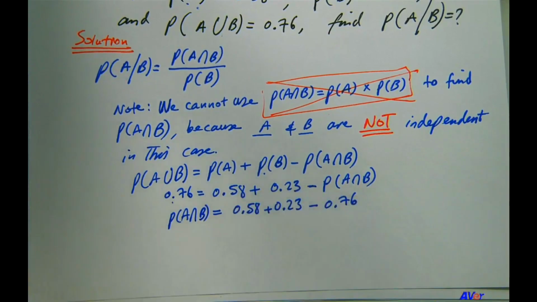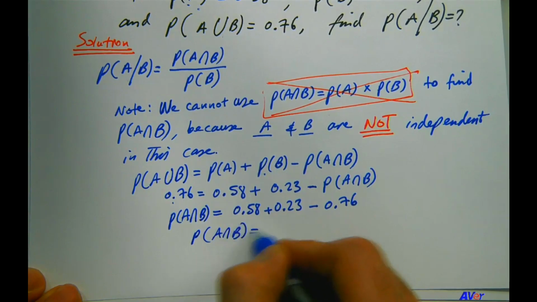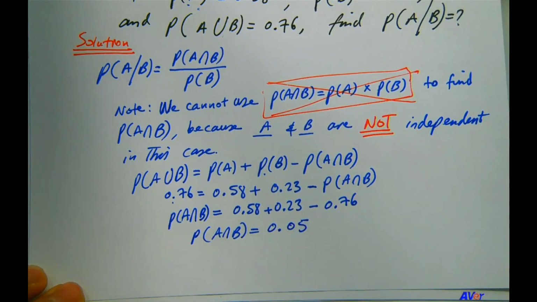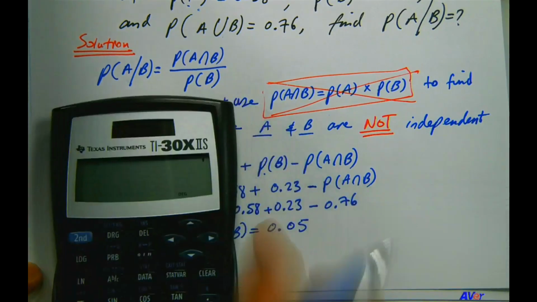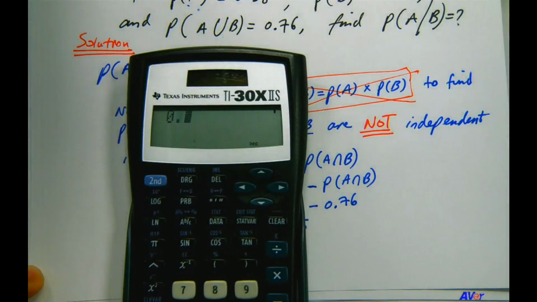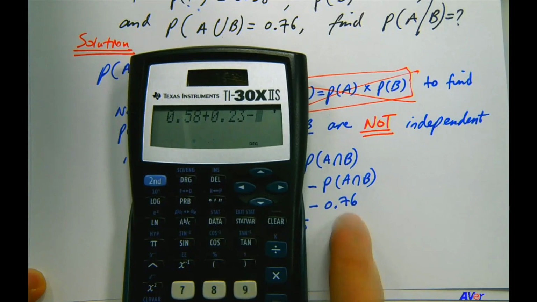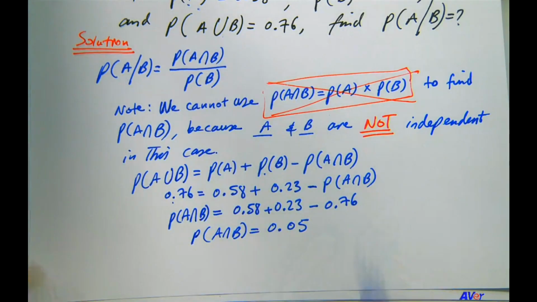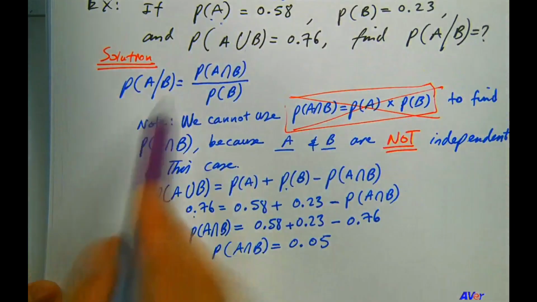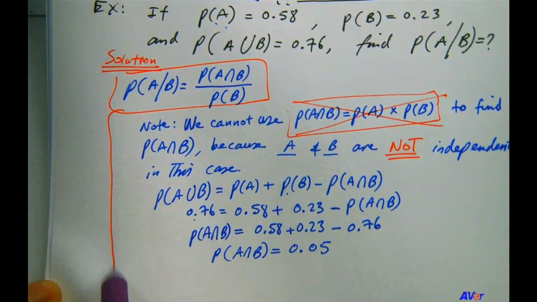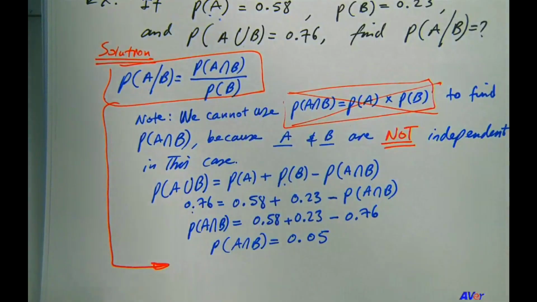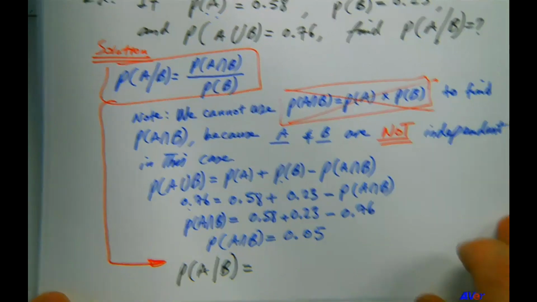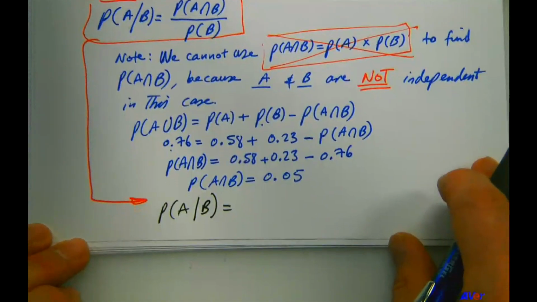So therefore, from this, what do we have? We have probability of A intersection B. Just adding and subtracting these terms, I have 0.05. And let me double check my number here. So 0.58 plus 0.23 minus 0.76, and we have 0.05. Okay, so now is the time for us to use this quantity in this formula. Right? So we plug in. We say that probability of A given B is equal to,